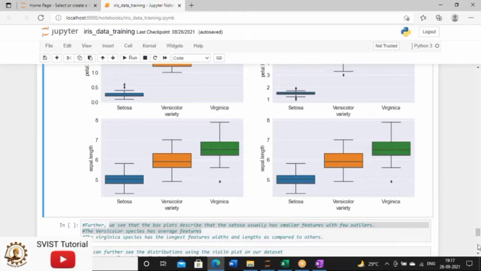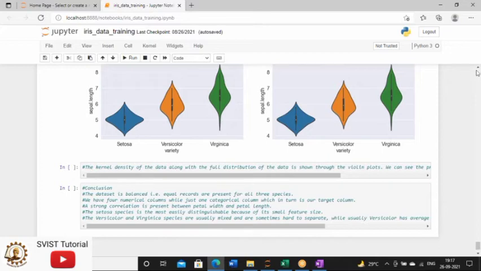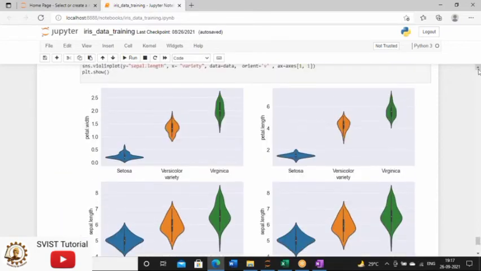However, here there is no question of outlier. So now it is up to you what you want to do with your data set. If you want to only see the outlier, then box plot is better. But if you want to estimate whether the data set is normally distributed or not, then at that point of time you will see the violin plot.